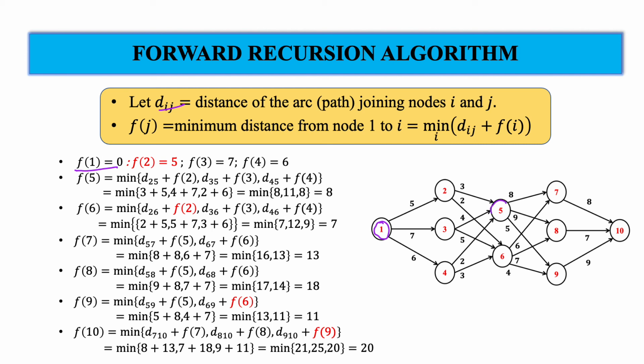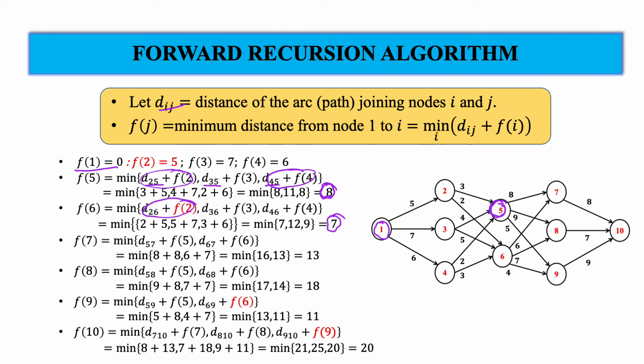Okay, then we will find the minimum distance for F5. Three different paths are there. Either you go like this, or like this, or from 4 to 5. So you have written 2 to 5, 3 to 5, 4 to 5, and the minimum distance from 1 to 5, again, what is the minimum? Minimum is 8. Similarly, in 6, what is minimum? Minimum is 7. How are you getting it? 6 you are getting from these two values. 7 you are getting from the first.